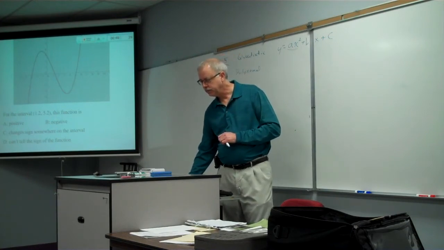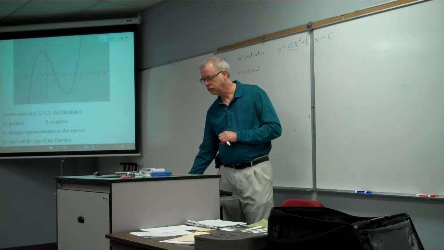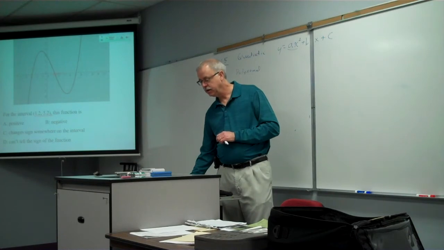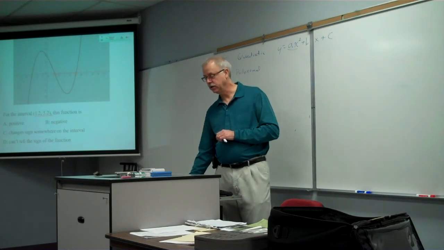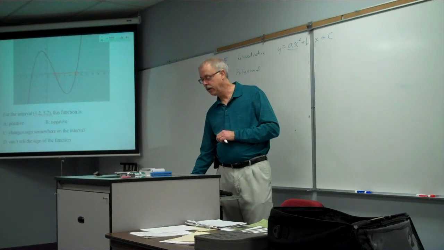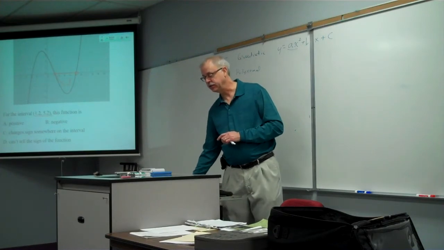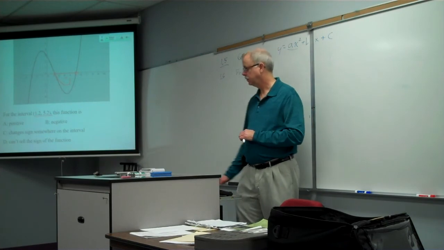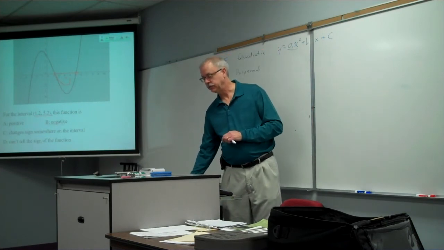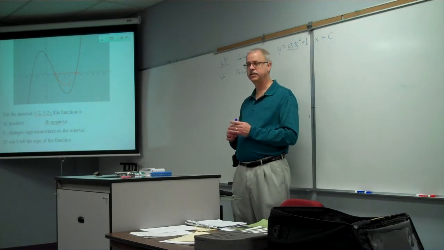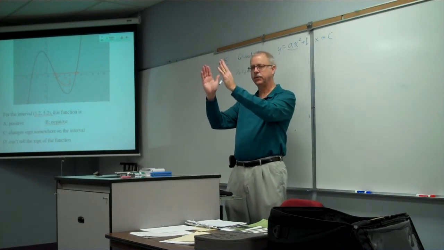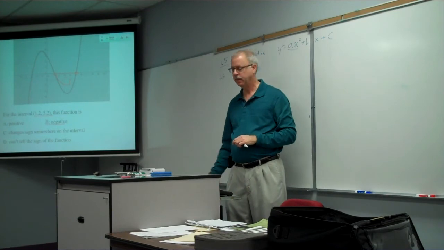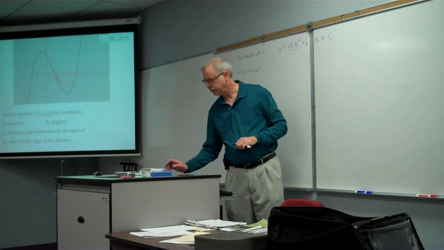Maybe everybody. Now let's see, most people said this function is negative. So we're interested here just the interval from 1.2 to 5.2. So from here to there, and those are 2 places where it definitely looks like the function is 0, and all the way along that, the function is below the axis, the function is negative. So our function here is negative. So in this way of posing the question, it's, look just at this portion of the interval, what is the feature we're seeing? The other way this question could be asked is,